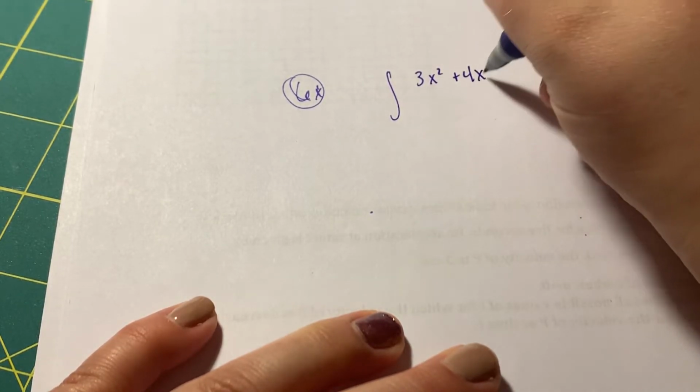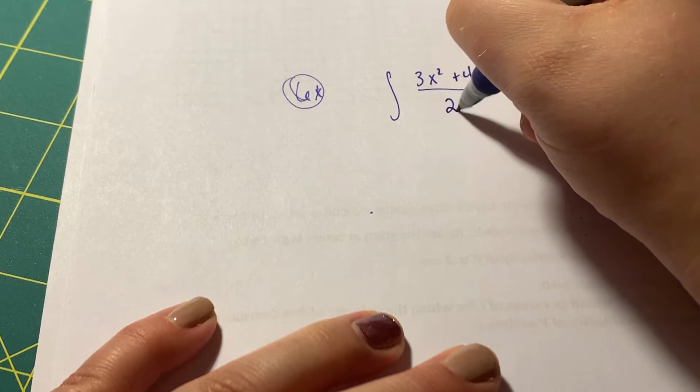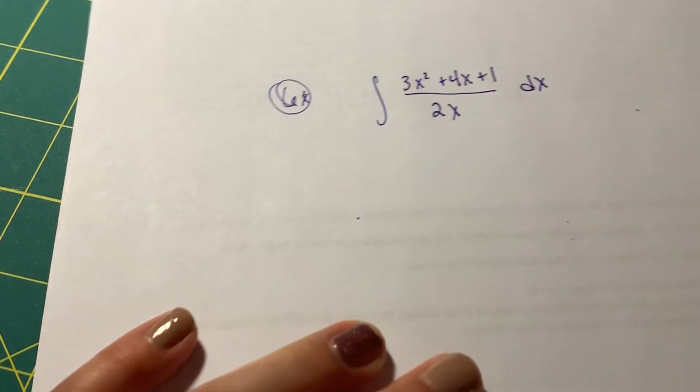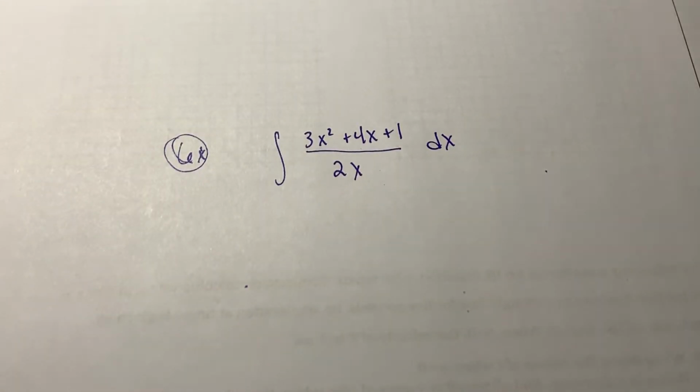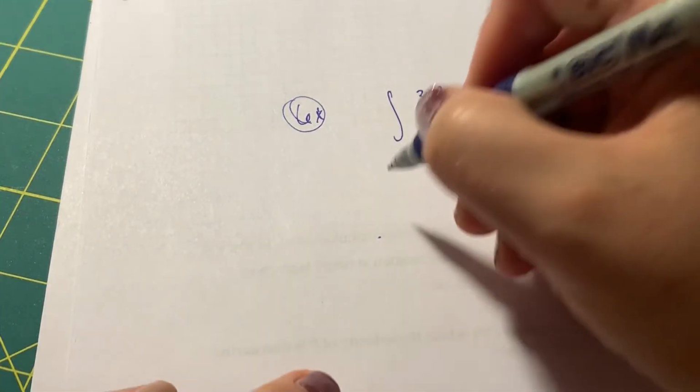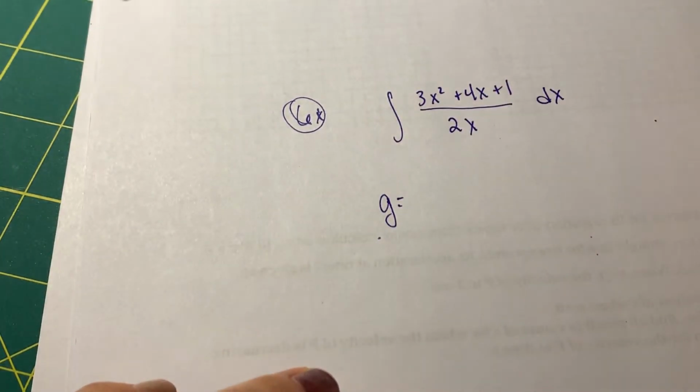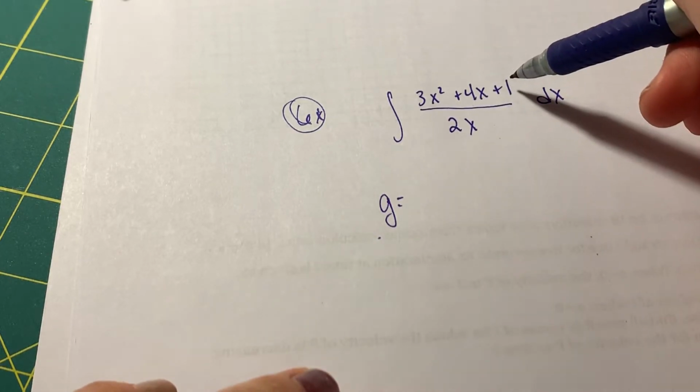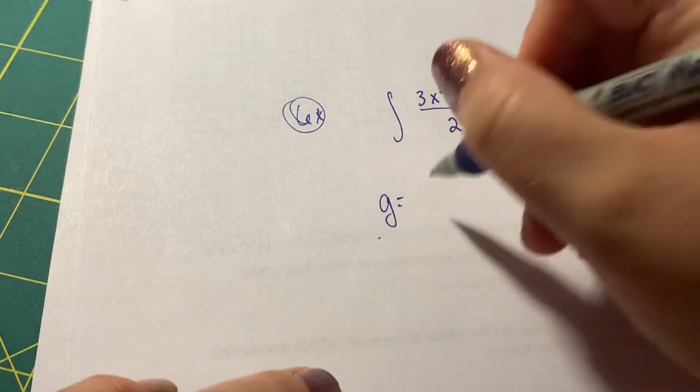And one part of that fraction has a higher power than the other. So the same kind of clues that I was saying we should look out for on the last problem. But if you try to attempt it with chain rule, you're going to find that something goes wrong. If we do g as the larger of the two powers so that we can take its derivative,